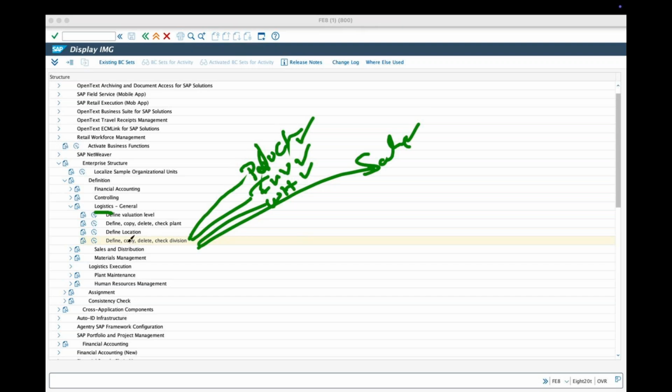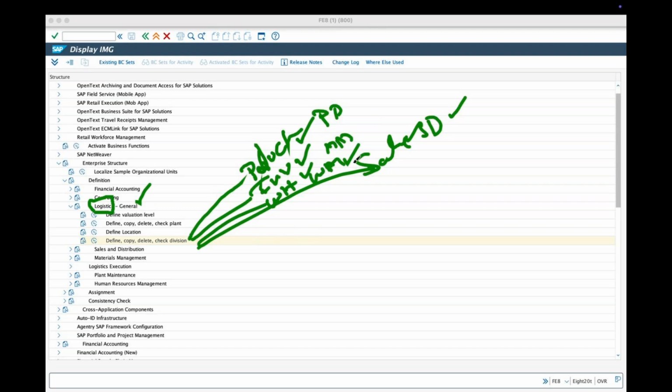So why do some things come under logistics general? Out of the entire logistics operation, some general areas are not specific to any module. That is nothing but department. This is PP, this is MM, this is WM, this is sales, SD. I need a product of division to sell.